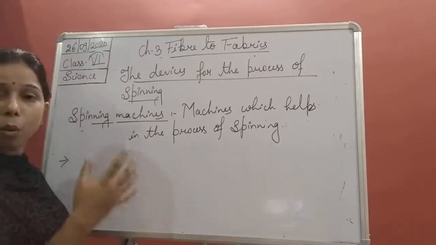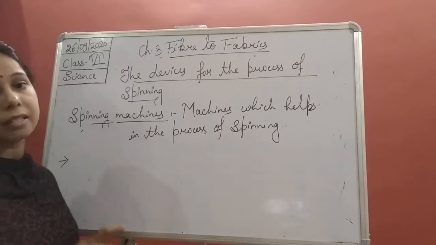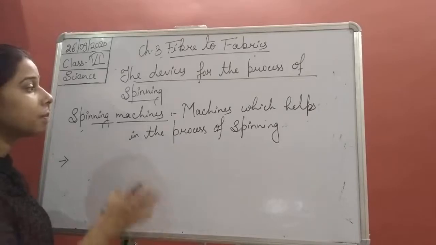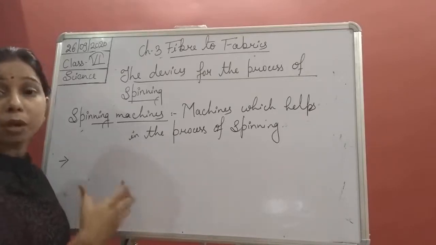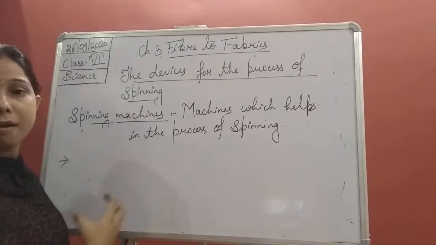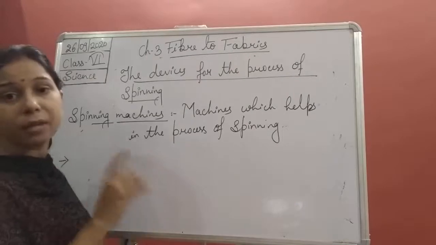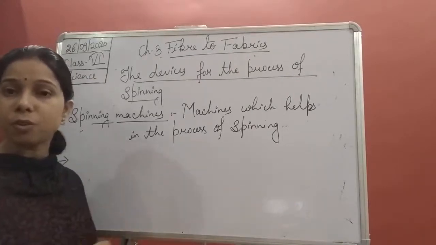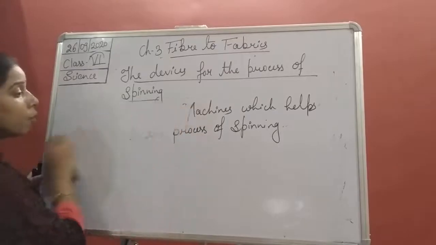When we talk about all the different types of devices, the spinning machine, the spindle and the spinning wheel, in all three cases, students, the spinning machine makes our work easier in converting the fibers to yarn. So this is the first step, spinning, in which we have to convert the fibers to yarn. The second step, students, involves two methods,